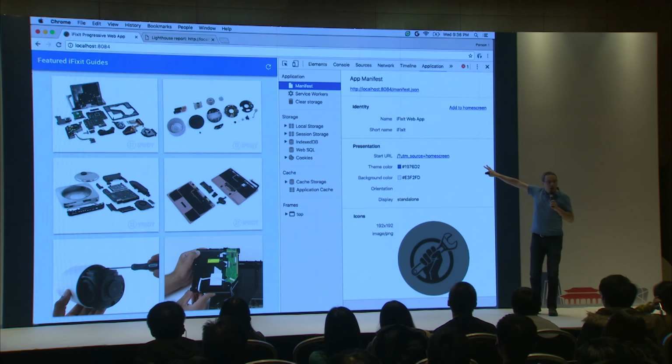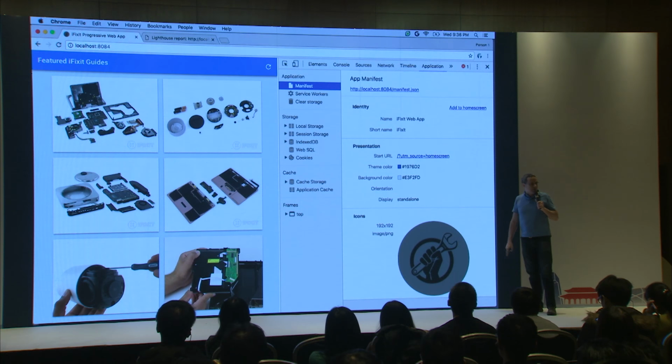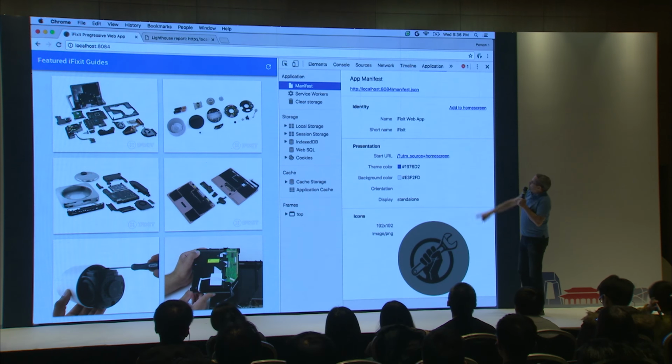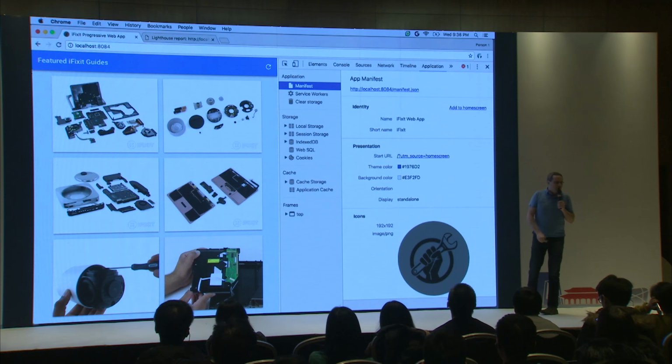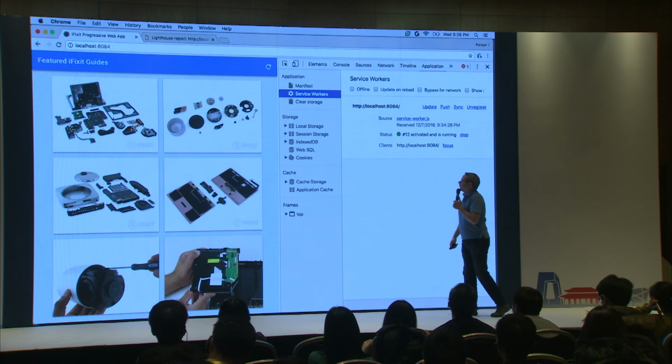Now, I've caught some mistakes that I've seen in some of my own apps. I'll always scroll down and look at all the icons, because sometimes I've had a typo in my icon list, and I'll get a broken image. So just making sure that all the icons get loaded, making sure that you've got everything there. One of the other things you can do is hit that add to home screen. And that will simulate adding it to the home screen. So you can see how that process will work, because there's a couple APIs you can throw in for there.